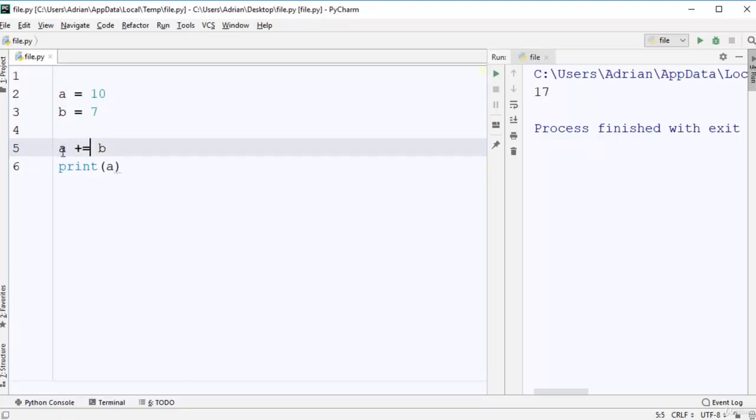It is as if we are writing a equals a plus b. As you can see, we have the same result. And here you can have all of the operations. You can have a modulus, you can have a floor division, exponential,